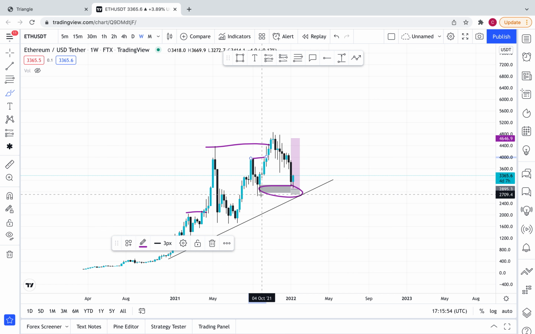Now, during the week, we saw a sharp decline of price on Ethereum, and there's been so much speculation. Ethereum is going to 12,000, Ethereum is going to 20,000, 2,000, $900, and so on and so forth. But we have to see what price is telling us, what the market is telling us presently. That would give us a holistic view of what to do and what not to do when it comes to placing trades or storing Ethereum, whichever one you want to do. So this is the weekly analysis.